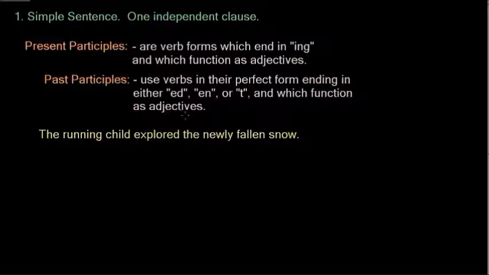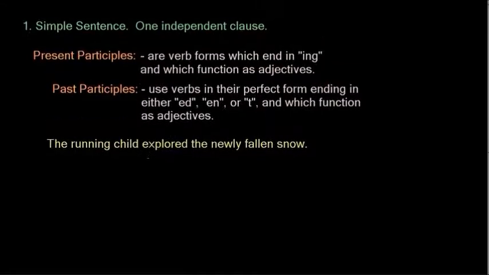It looks like we might have three verbs: running, explored, and fallen, but no, the only real verb we have here that's functioning as a verb is explored. So we put the double underline to show that it's the predicate, and we ask ourselves who or what explored, and of course it's the child that explored, so the child is our subject,